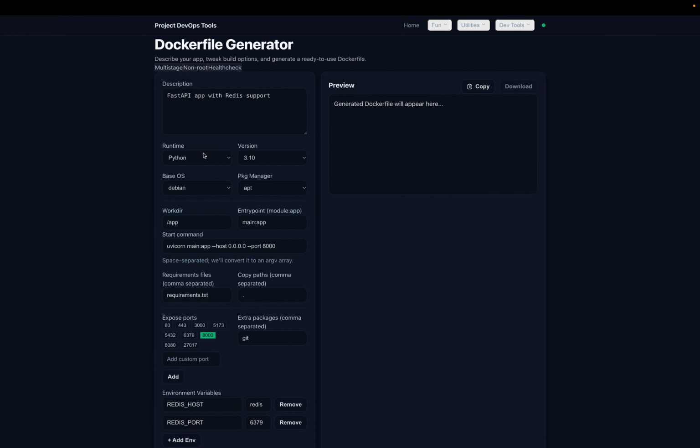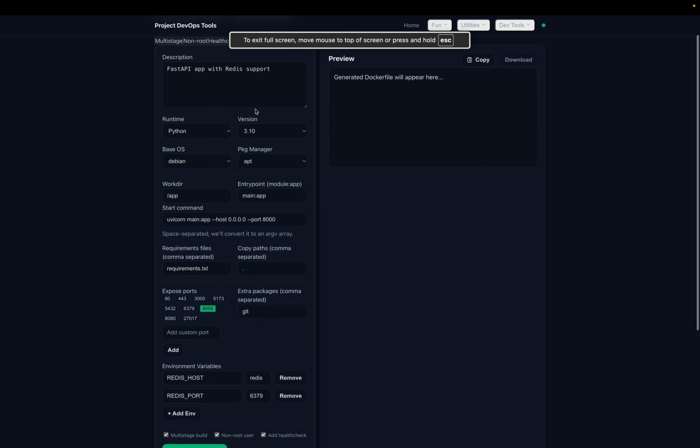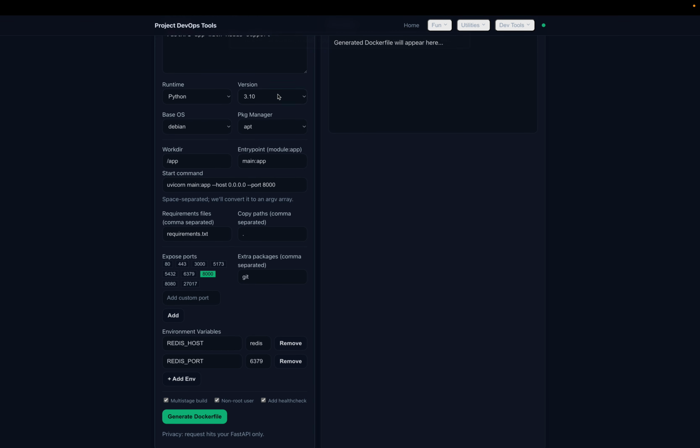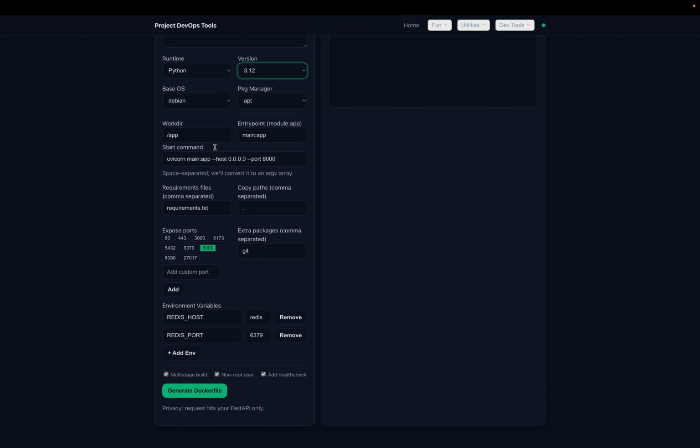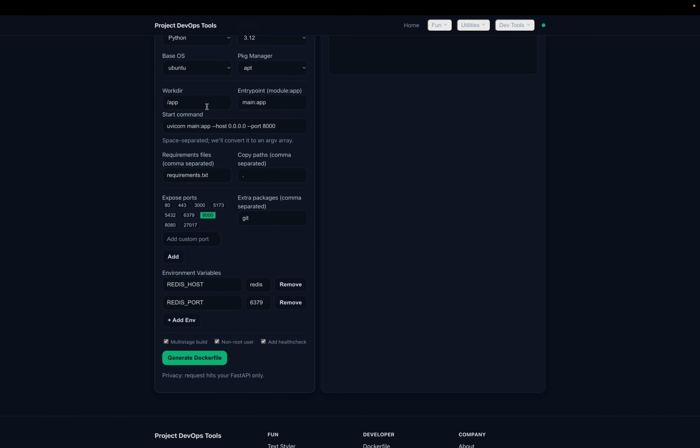So let us go ahead. This is a FastAPI with Redis support. If we want to use Python, whatever version we want, we select different options like Debian or a base OS. We will use the base OS as Ubuntu, and the package manager as apt, apk or yum, whatever we want to use. We can even set up a work directory here, and we can give the start command, the CMD command that we put